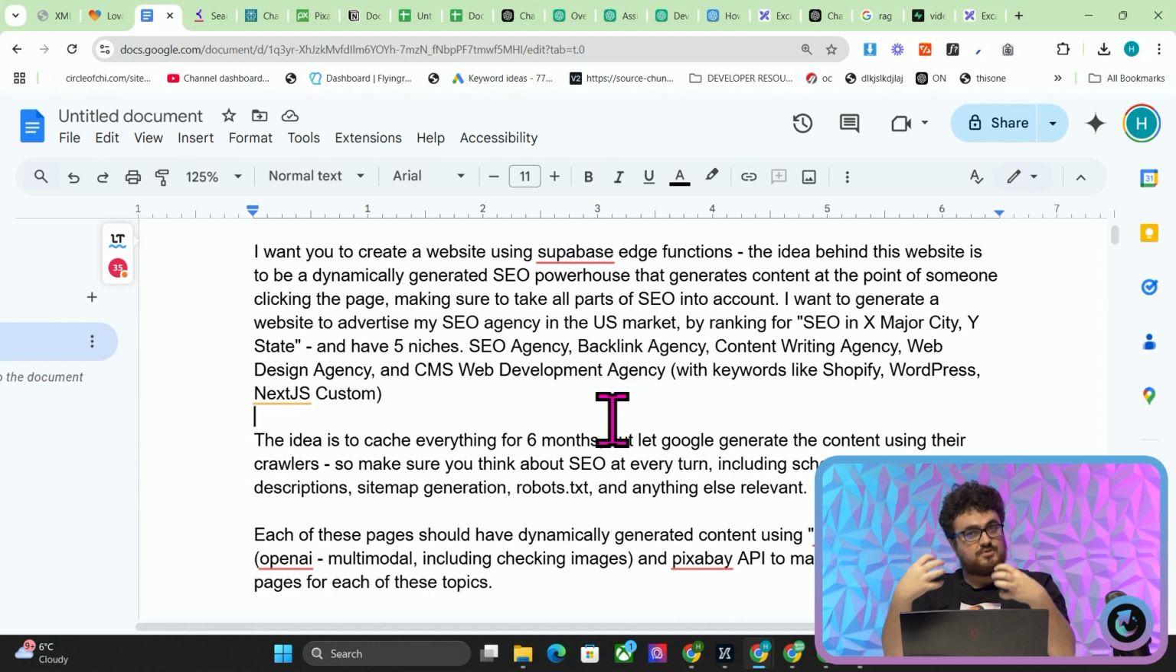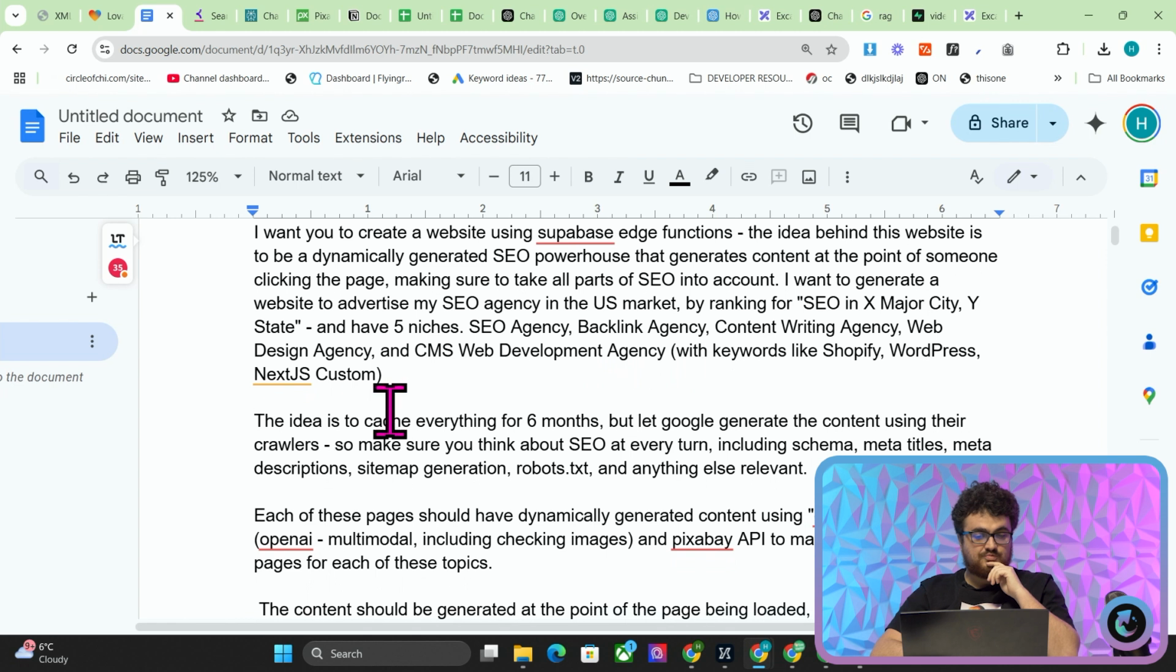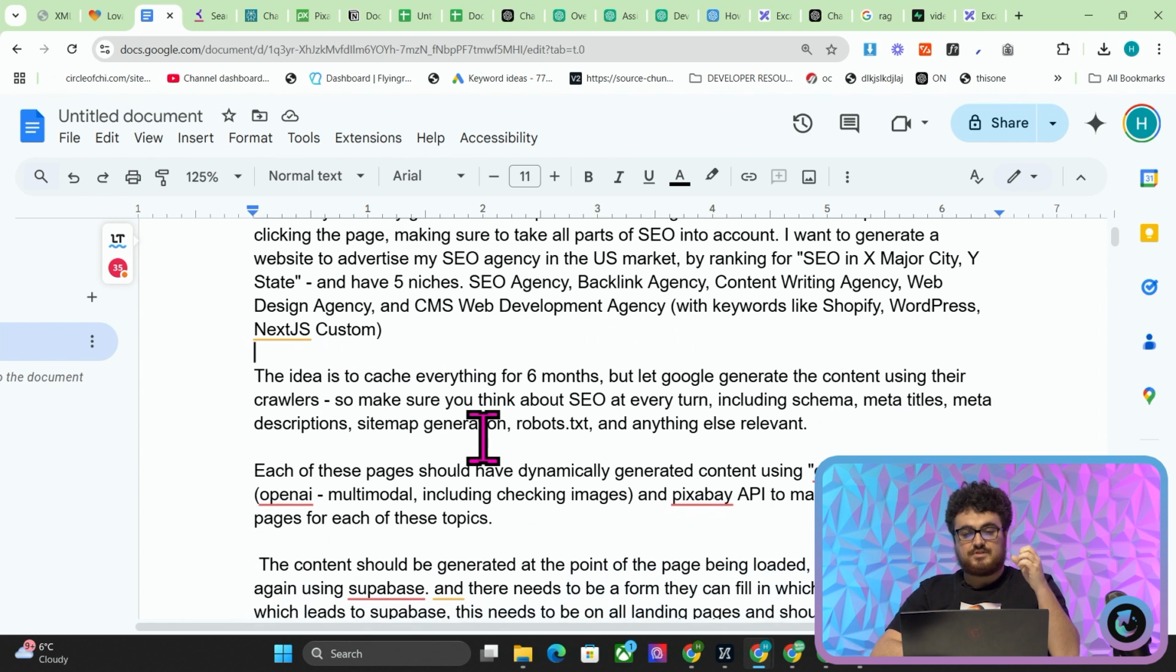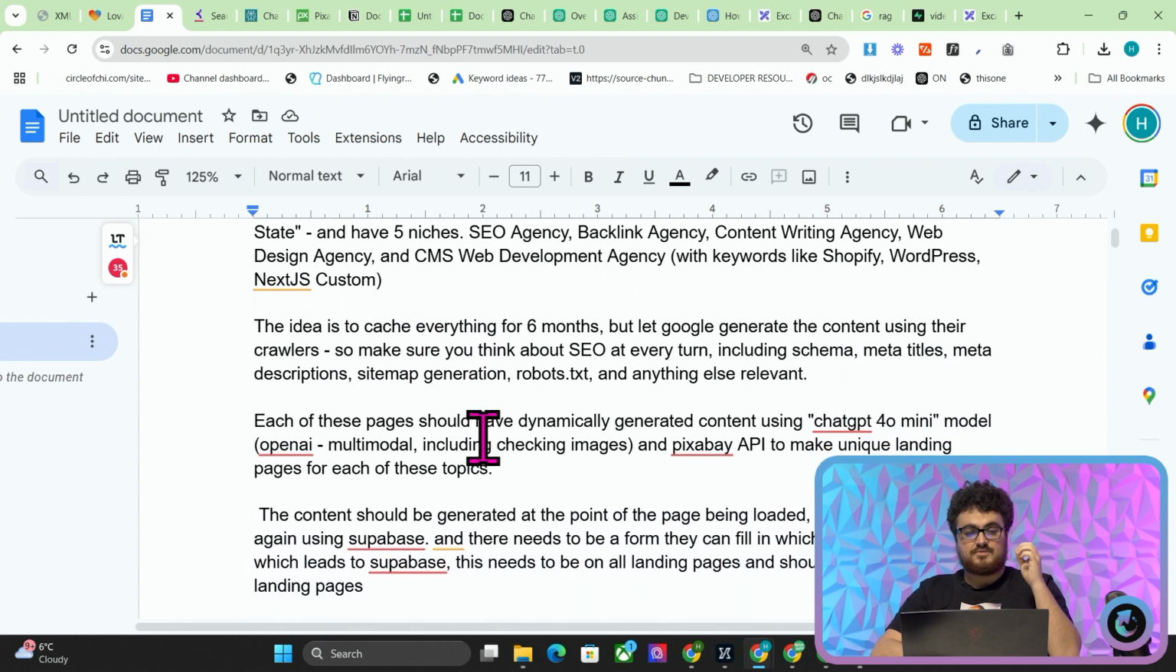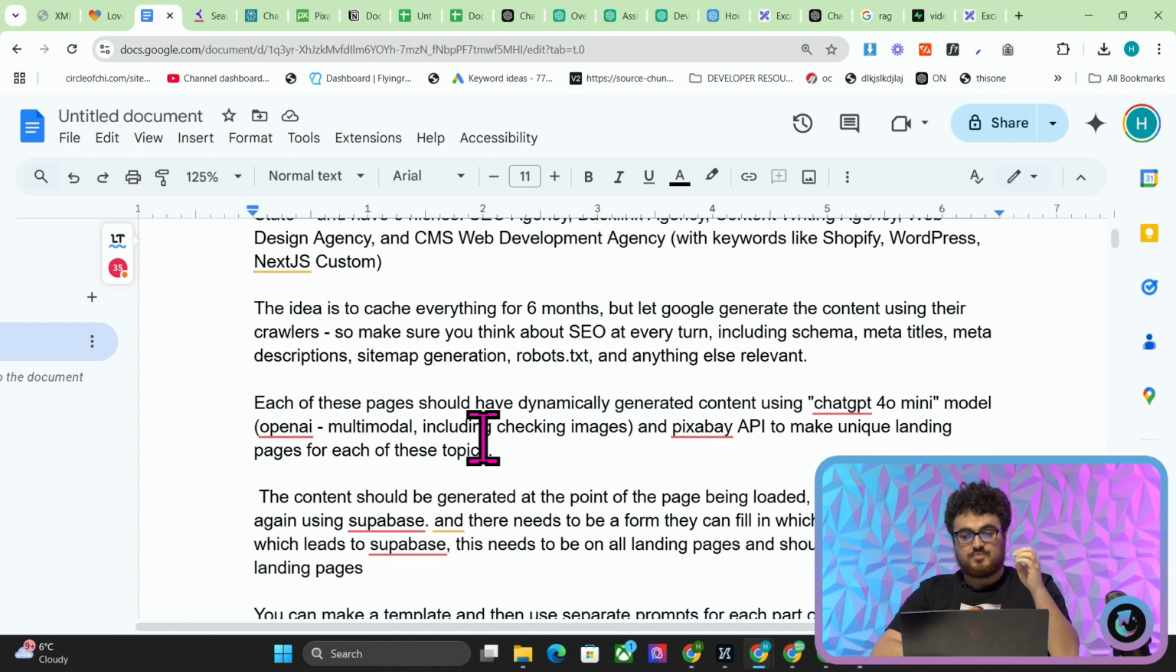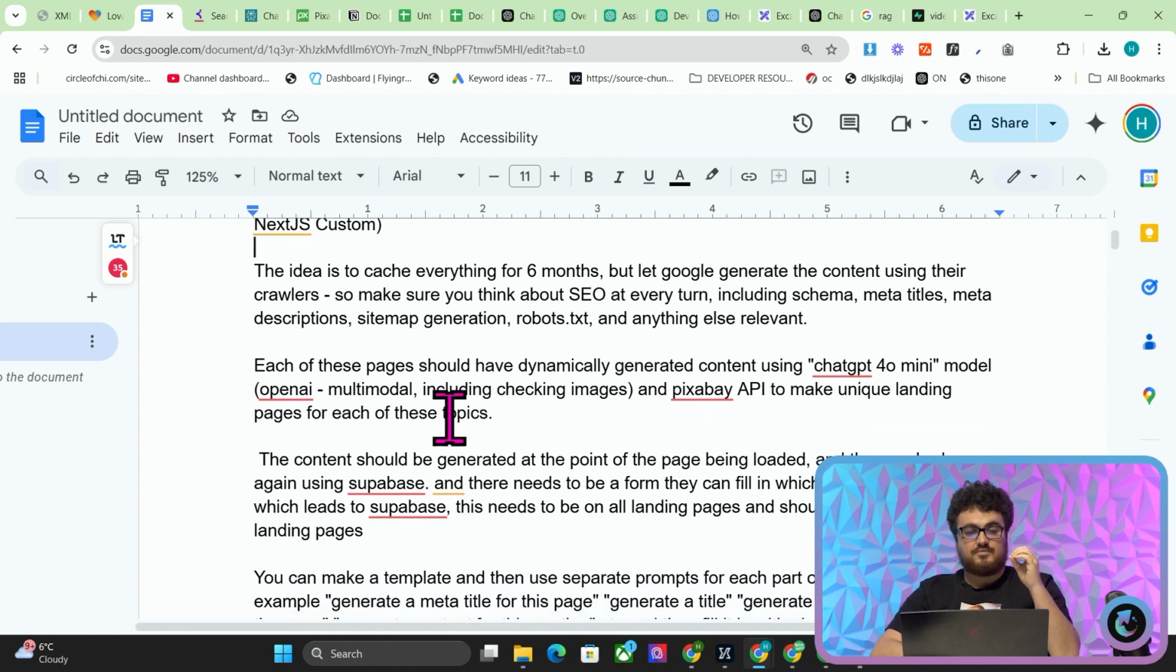So I'm actually going to do that, where we're going to generate landing pages with forms, images, and writing, specifically to create landing pages for SEO agency Los Angeles, SEO agency New York, etc. Completely experimental, as I said before. So make sure you think about SEO at every turn, including schema, meta titles, meta descriptions, sitemap generation, robots.txt, and anything else relevant. Each of these pages should have dynamically generated content using the ChatGPT 4o mini model, OpenAI, multimodal, including